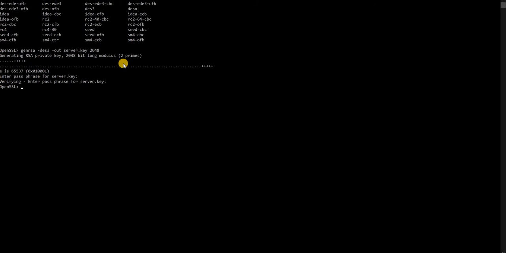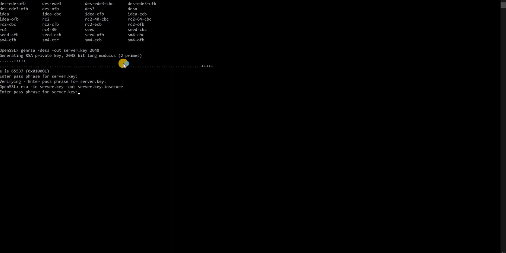Now after generating the secure key, you have to generate the insecure key from the secure key using rsa. rsa -in, the input is server.key and the output is server.key.insecure.